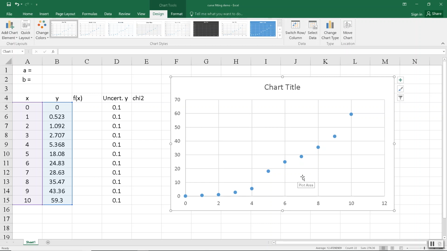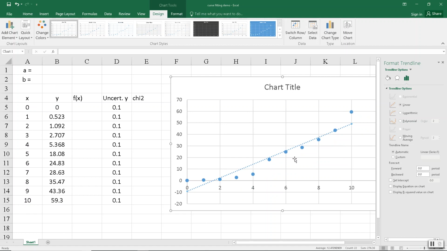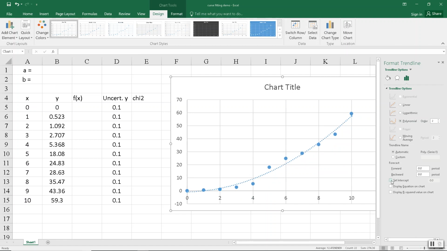As I said in the previous video, there is a trend line feature within Excel. Right click, add trend line. The straight line does not look very good, but if you add a polynomial, then yeah, that looks okay. But the problem is it's a little limited in the types of functions it can produce fits for. And even if you put the equation and the r squared on the chart,